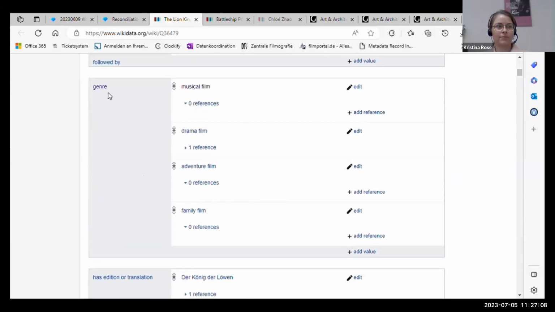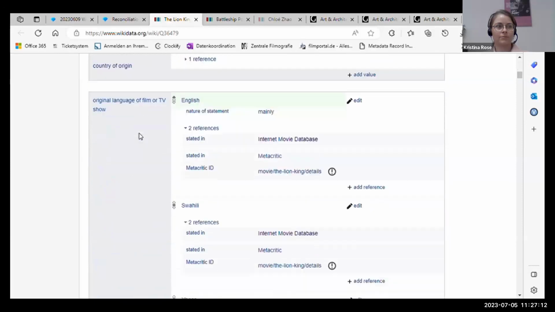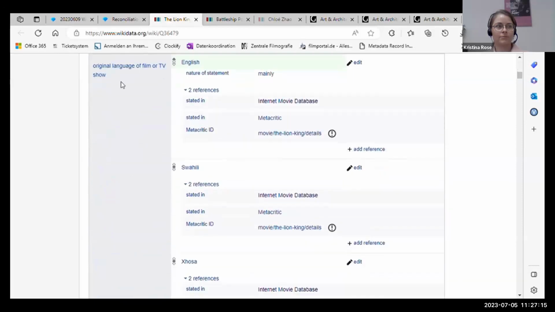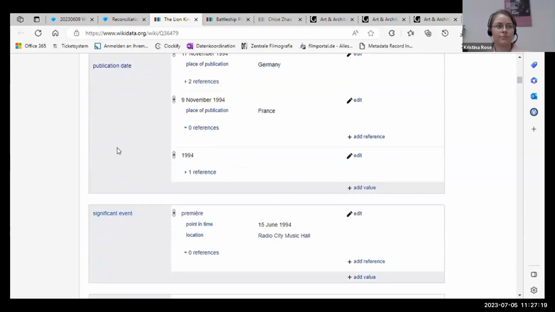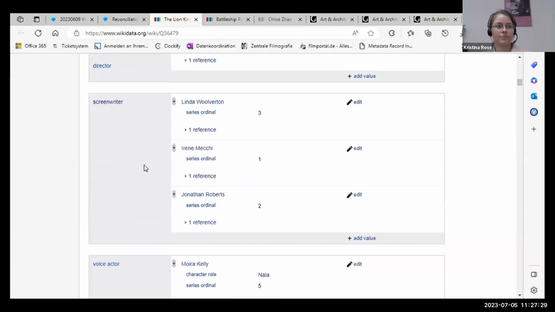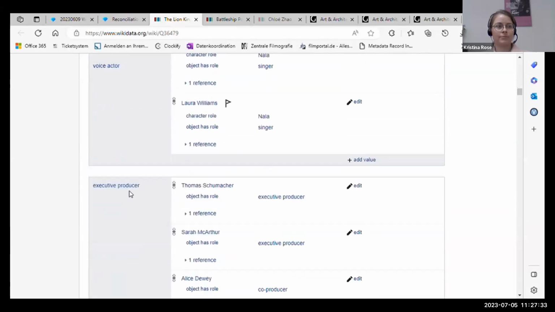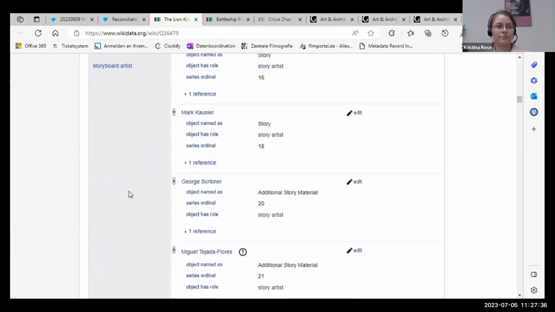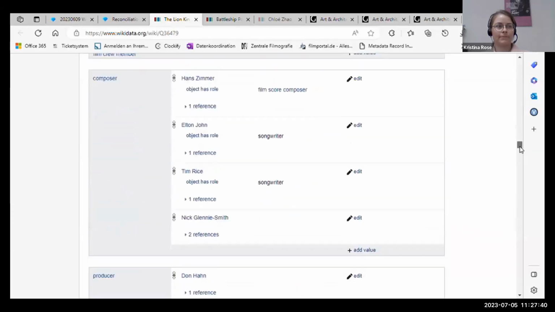Then you have genre information, a country of origin, original language, a publication date. And now we have some credits here. We have a director, a screenwriter credit, or in this case even more than one, voice actors, etc. I'm going to scroll down now because there are a lot of credits here until I come to another interesting part,